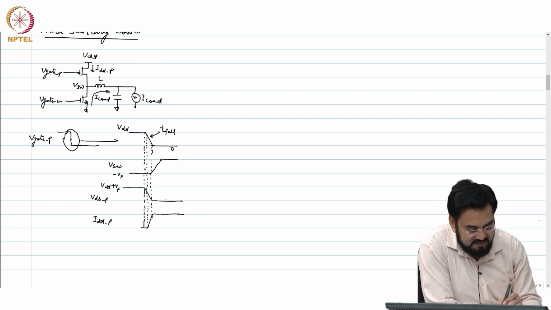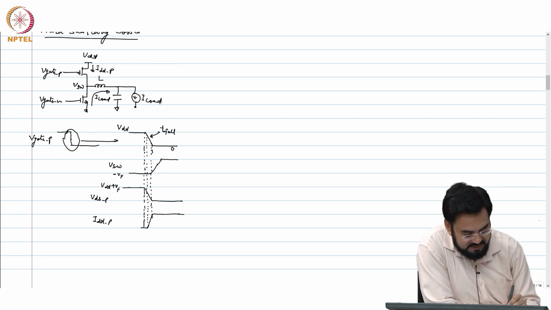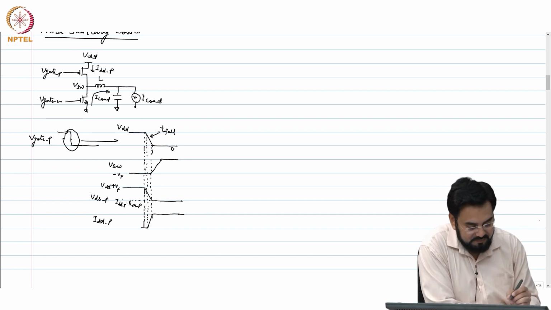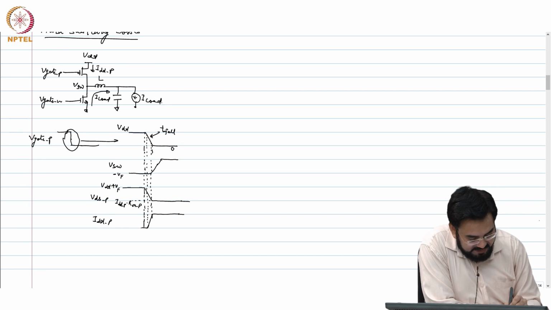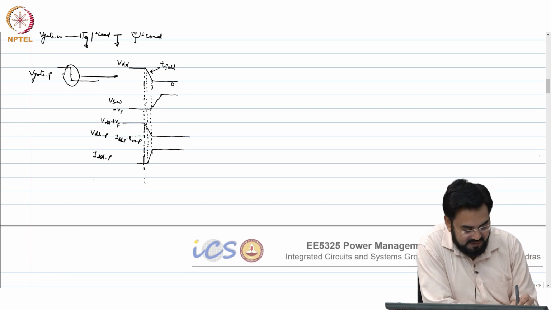So, ultimately what will be the final voltage? VDSP. What will be this voltage? I on P, sorry, IDDP, it is I load actually, IDDP into R on P. Okay. So, if you take the product of this, the power across the MOSFET. So, if I want to plot PDS, drain to source of P, how will it look like?